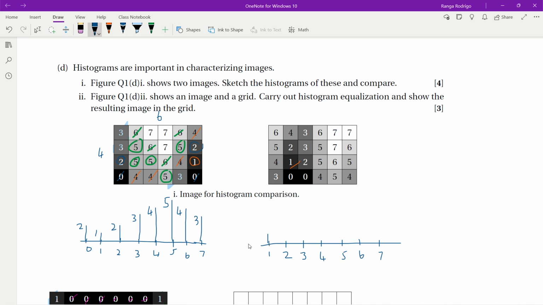I forgot 0. With pixel intensity 1 there is 1, with 0 there are 2, with 3, 1, 2, 3, yeah, 3,